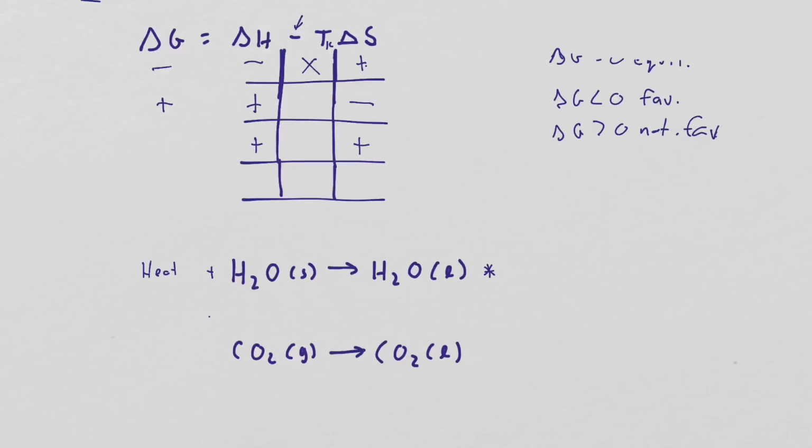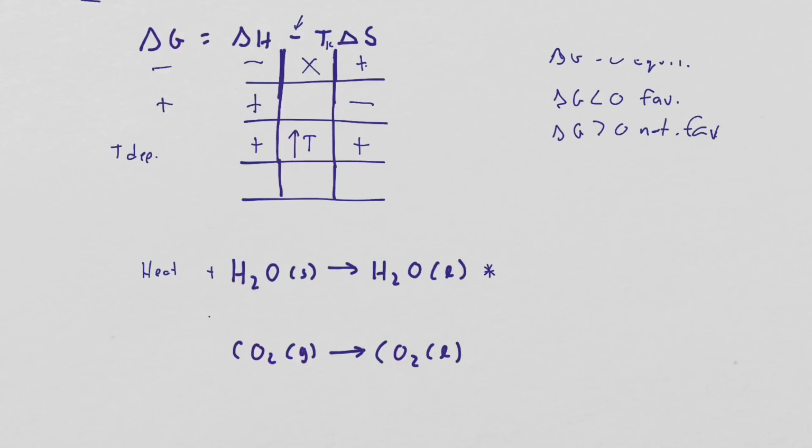Now, what's the situation with something going from a solid to liquid? Well, you have to get above 0 degrees Celsius. So when they're both positive, you have to get above a certain temperature. For melting of ice, it's 0 degrees Celsius. If this was boiling water, it would be 100 degrees Celsius or 373 Kelvin, right? So this is temperature dependent,